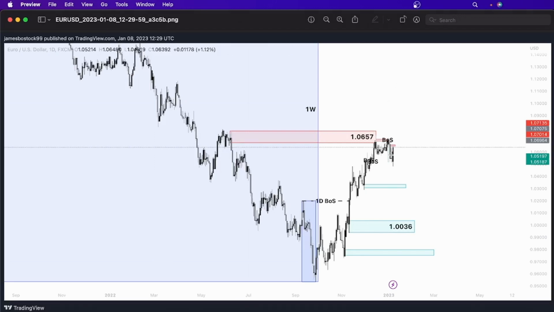We need to analyze what the supply and demand balance looks like as price rejects from this region. If we see that there's a lot of volume to the downside, therefore a lot of supply in the market, we know, okay, maybe we don't need to concern ourselves with these demand zones too much because there's a lot of supply. However, I've got them identified because they do, on a lower time frame, represent valid unmitigated orders, such that when price approaches, we should at least be cautious in case it does make any sort of difference.